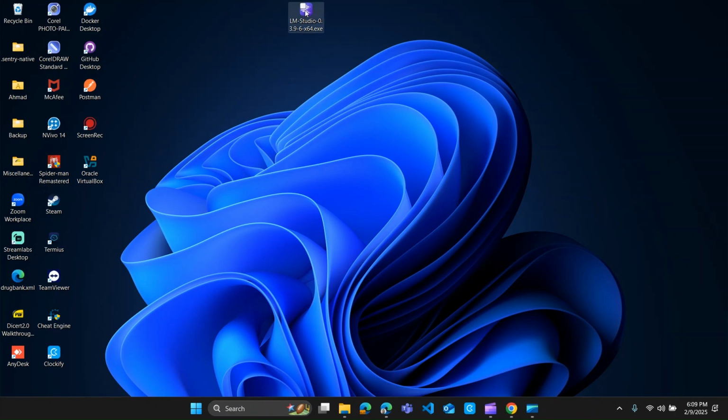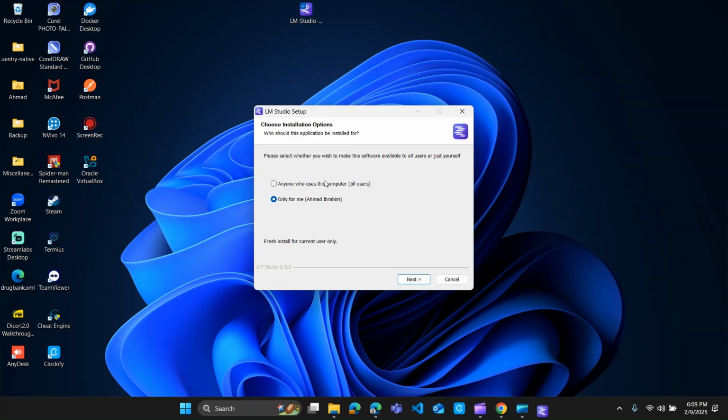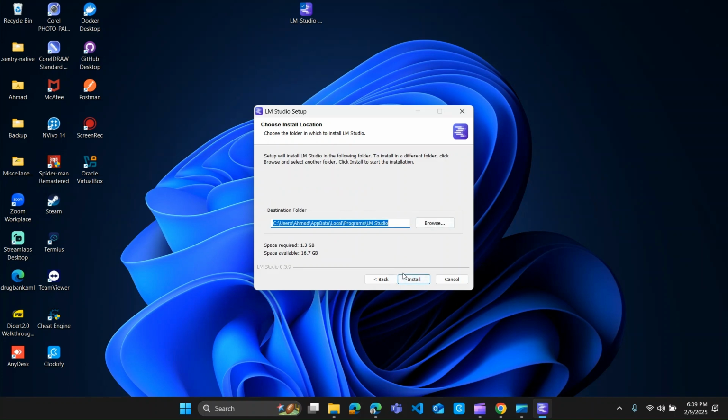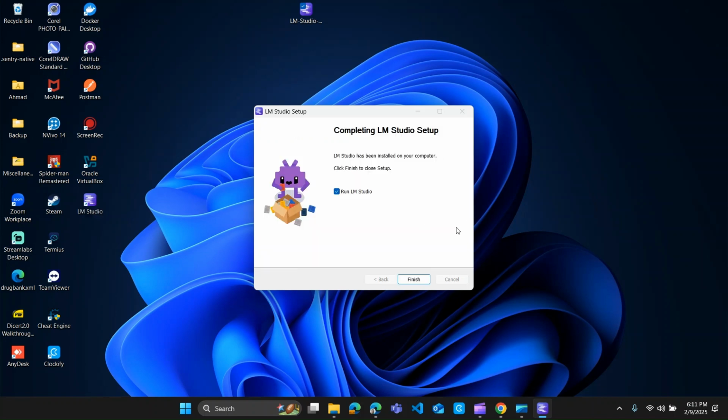Alright guys, as you can see, I have downloaded the app. So I'm going to open the downloaded exe file and just install it as I would any other application. So it is loading. I want to install for anyone or for myself. I'm just going to install for myself. I'm going to let it use the default location and I'm going to click install. As you can see, it's not going to take so much time. Within 2 minutes, it should be done. As you can see, the installation is completed, so I can just open the app directly by clicking finish and